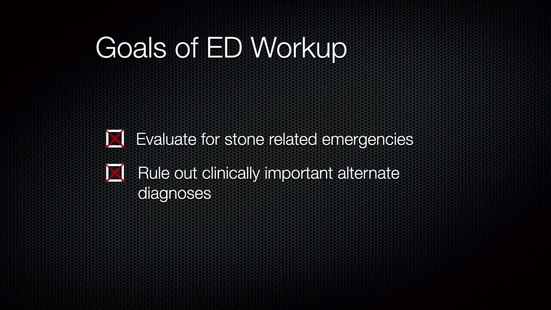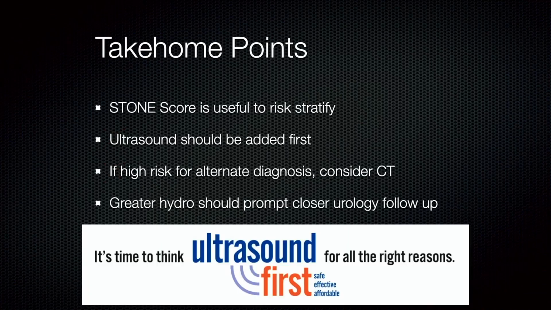So what do we take home? Like I said, we're going to make this very pragmatic at the end, and kind of how do we deal with this at the bedside, right? And so what are we going to take home? Stone score is useful to risk stratify patients. Try it. Go to the bedside and throw them through the stone score and see where it spits you out, and see how that correlates with your gestalt. And there's probably going to be a few patients where it may increase your risk, your pre-test probability, or I guess now post-test probability,